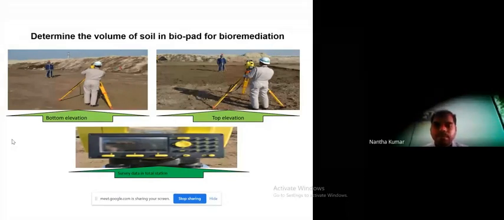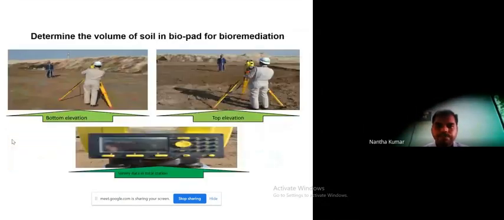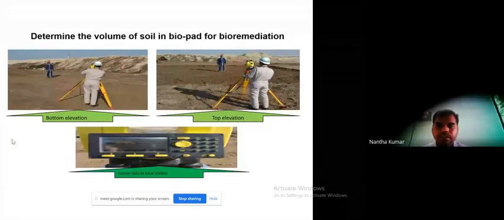So this is how the total volume is characterized. Then after that, the site is prepared for bioremediation.